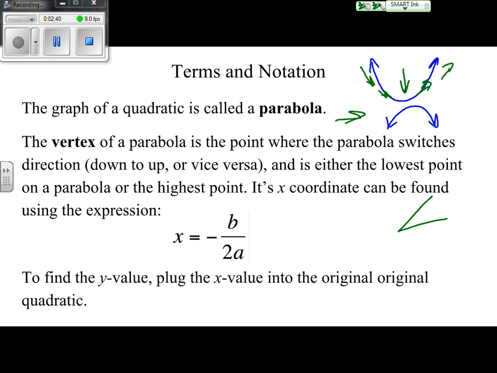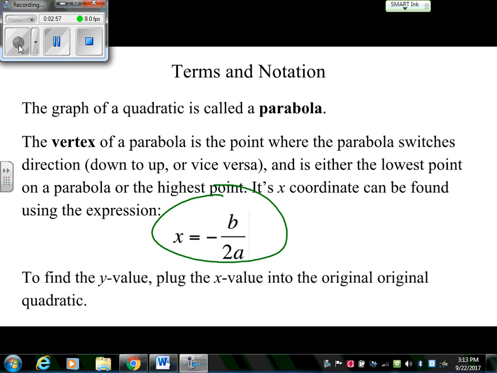Now, the x-coordinate of the vertex can be found using this equation right here. And this should look familiar because it's part of a bigger equation that we looked at 2 classes ago, the quadratic equation. And I'll write that here for you now. So our quadratic was x is equal to the opposite of b plus or minus the square root of b squared minus 4ac all over 2a. Well, if I get rid of all this stuff here, also known as the discriminant, I end up with negative b over 2a, which is exactly what we have here to find the x value of our